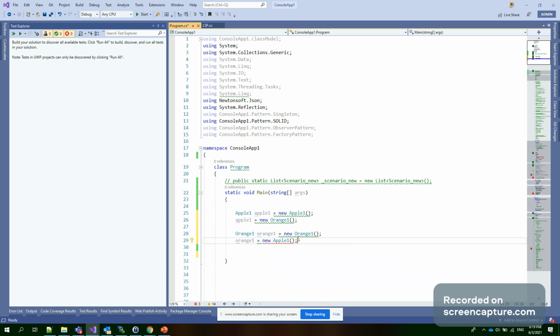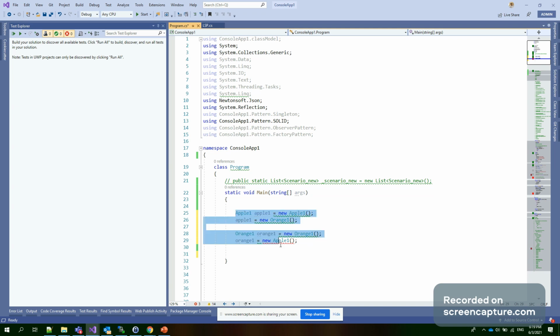Now we are facing the problem: this LSP is not followed by this class structure. We can resolve this problem in a different way. To resolve this we need some interface or an abstract class.